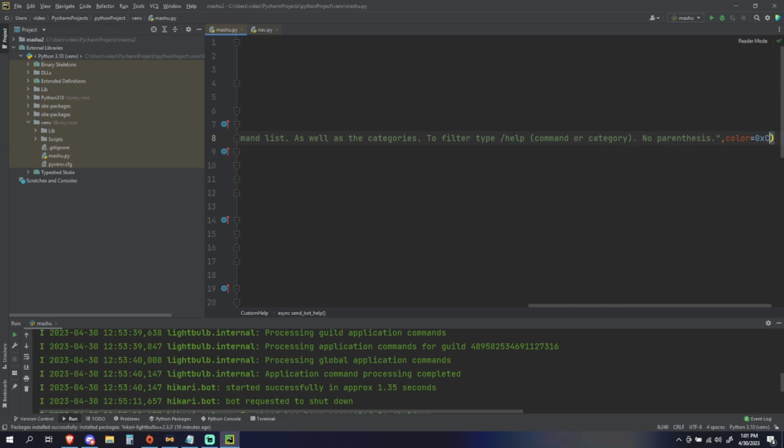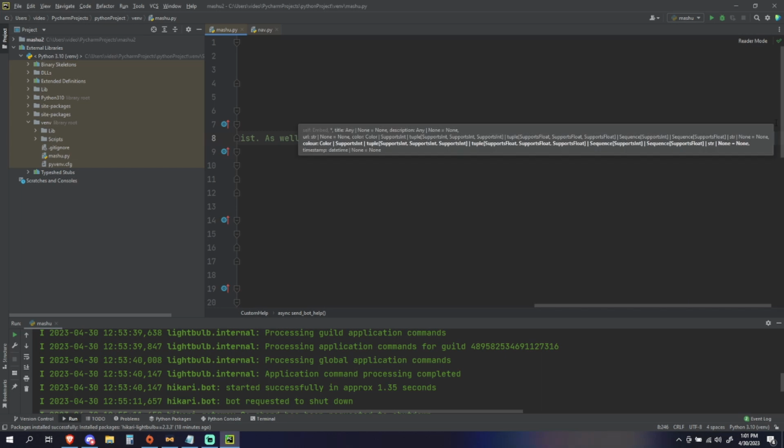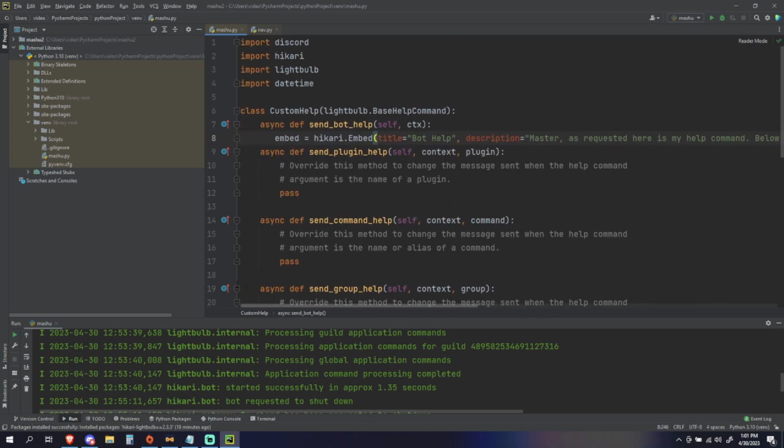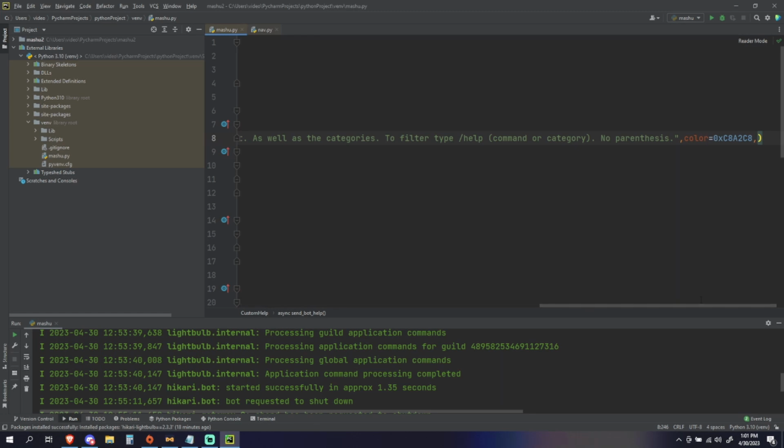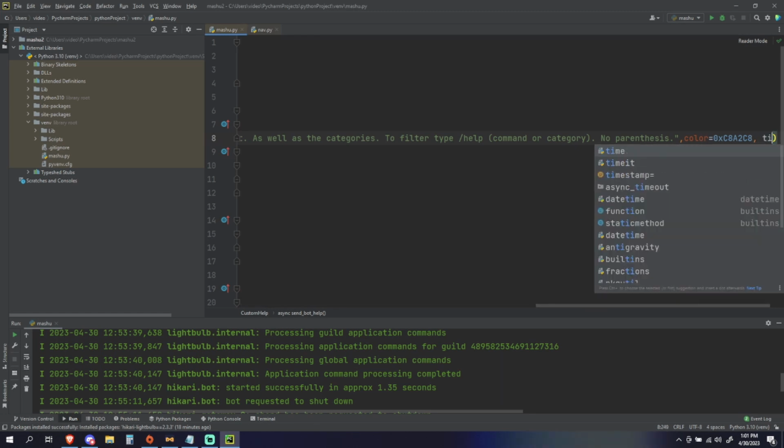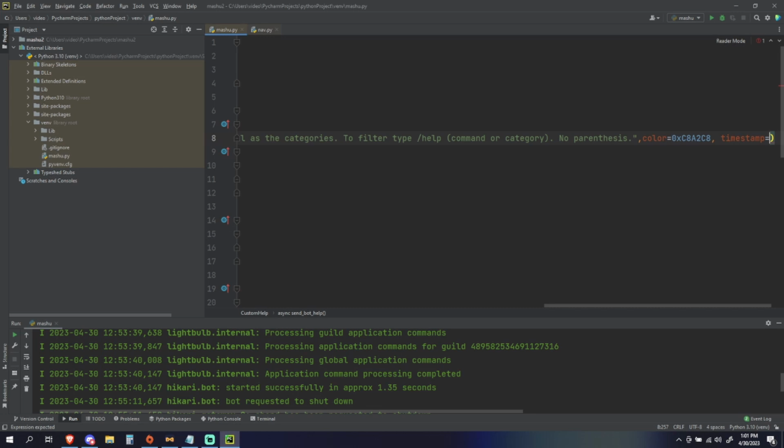So C8, A2, C8. And again, whatever you want to use, you pretty much just search up the hex code for it. And then we're going to do timestamp, which is why we need a date, which is why we imported datetime before. So for this, we're just going to do timestamp equals datetime dot datetime dot now